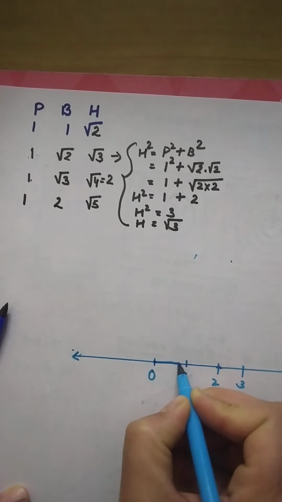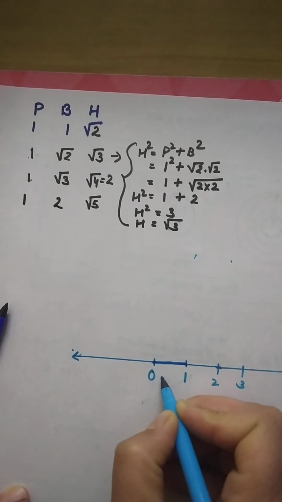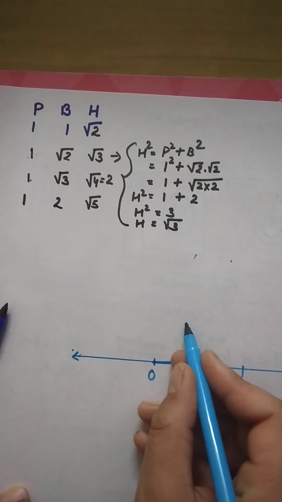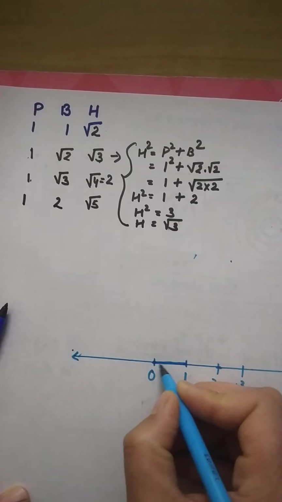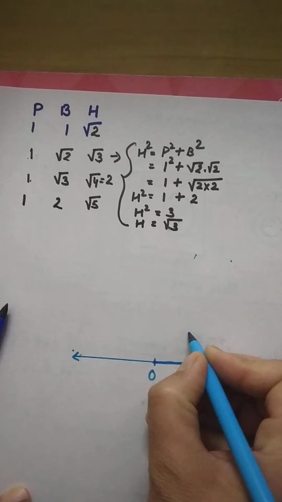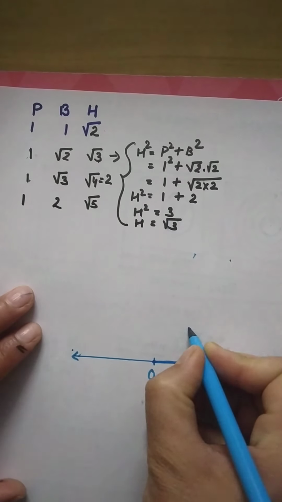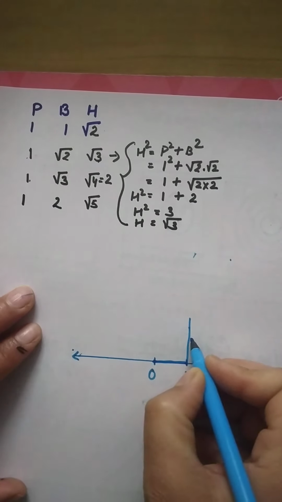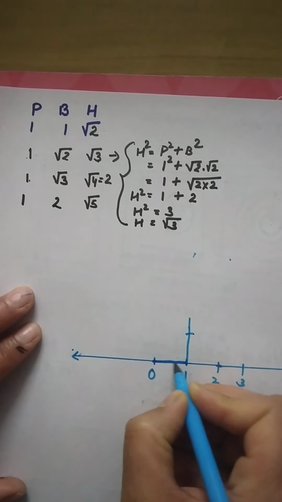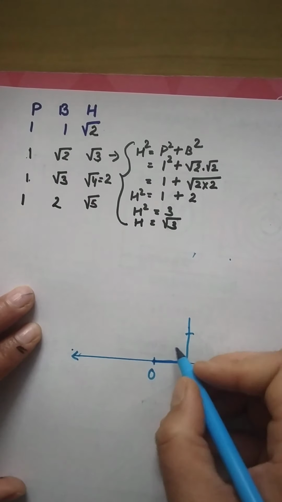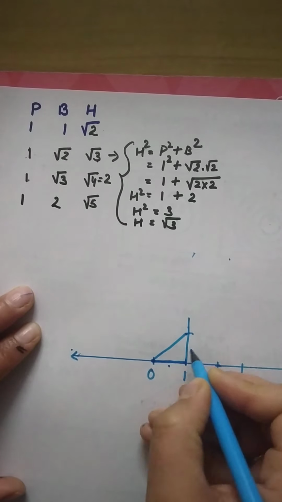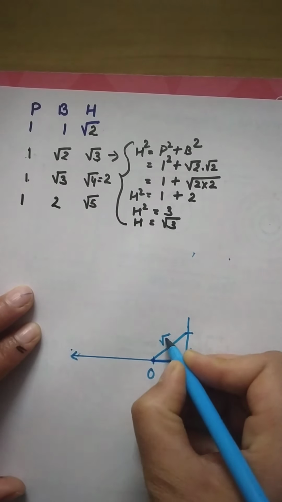1 unit. Then perpendicular at 1 unit. Perpendicular can be constructed here. 1 unit, and then you'll make 90 degree with compass, and then you'll construct a 90 degree and you'll select it. Many people forget to select it. Do select it equal to 1 unit of your number line. This is 1 unit of your number line, this is 1 unit of your number line, then this is going to be root 2 of your number line.